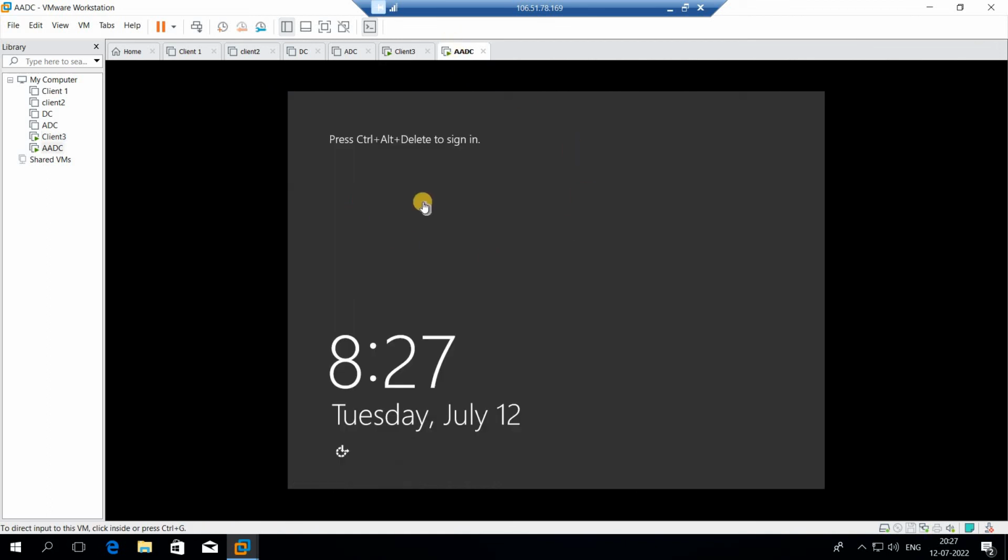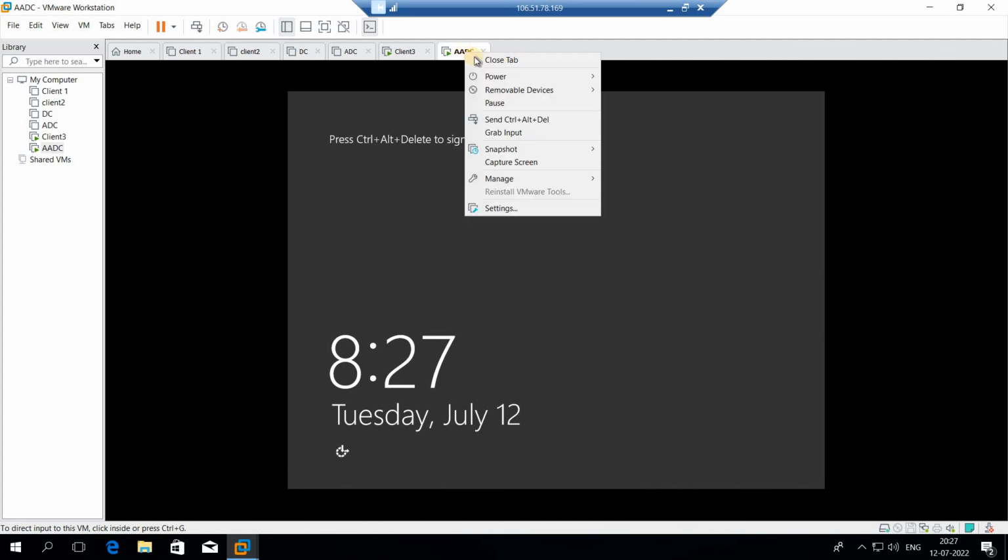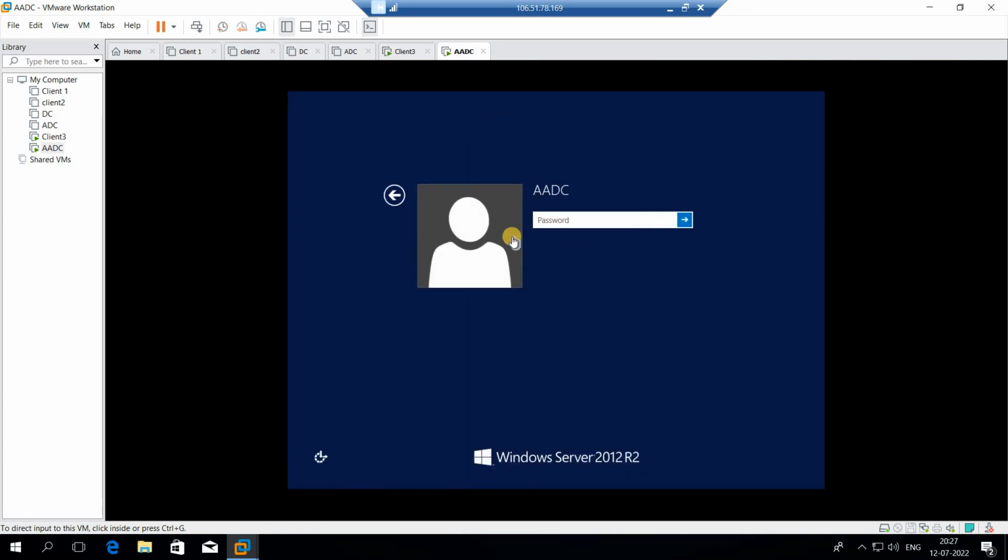As soon as I go over here in this server machine that I created, we can see this is the interface that we get. We will right click on the server machine and click on send Control-Alt-Delete. Now this is what we get. Now press on this back arrow key